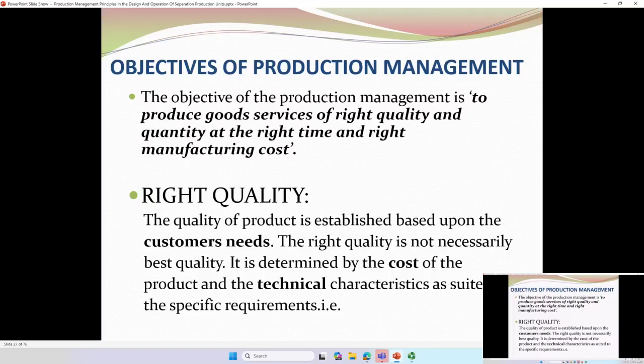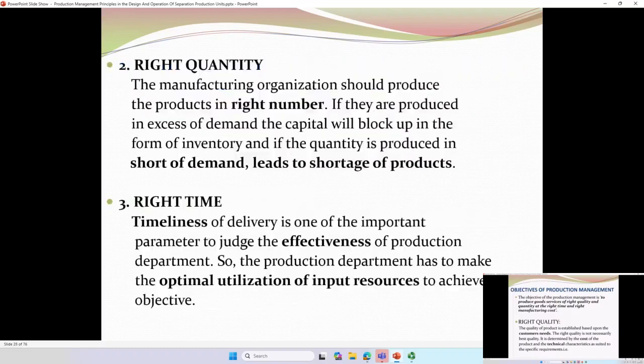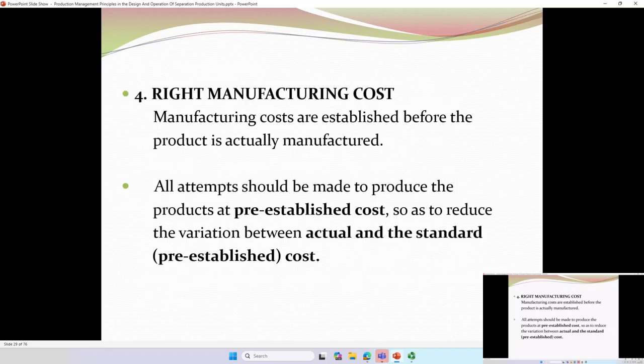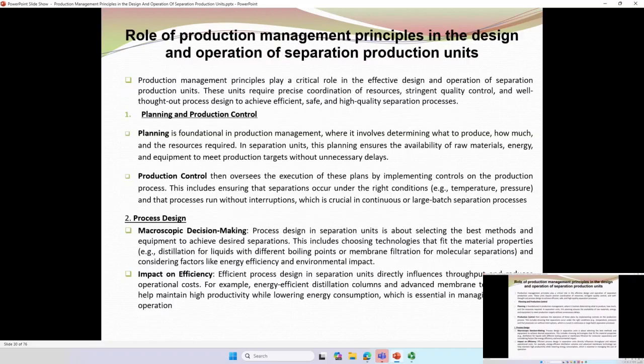So that is the reason why production management is always very important, because it's established based on customer needs, right? So very, very important. And right quantity and the right time. The right manufacturing cost. So role of production management now. So the question that will come to mind for you now is that